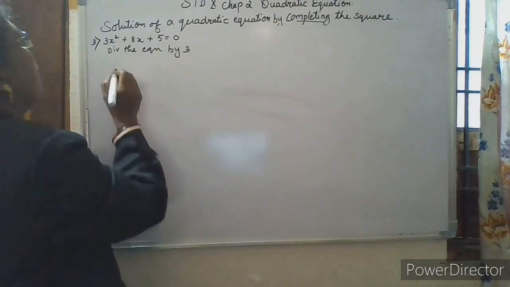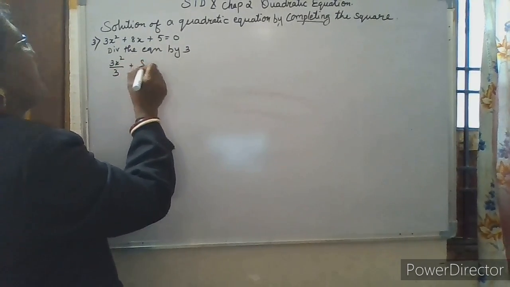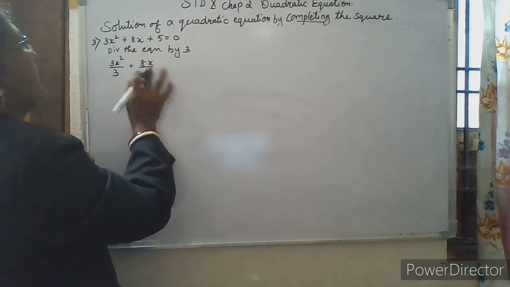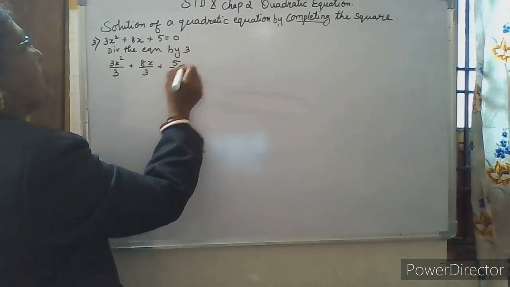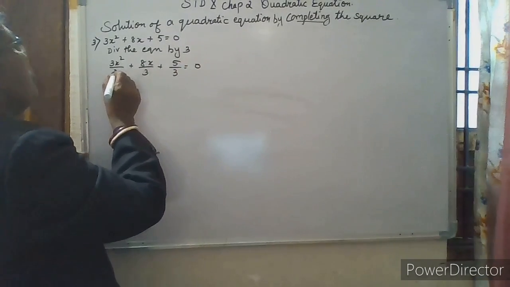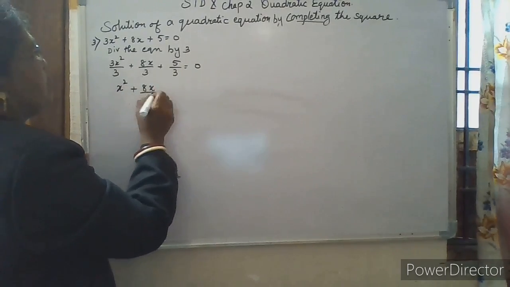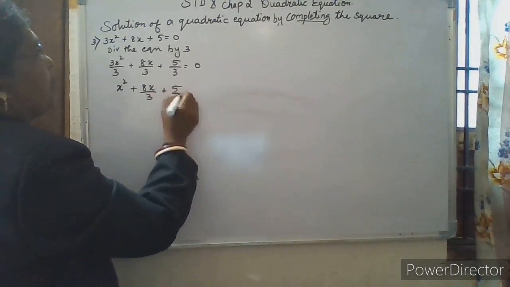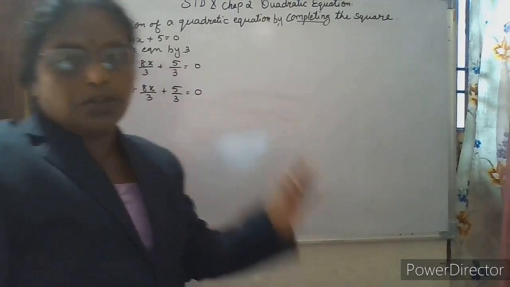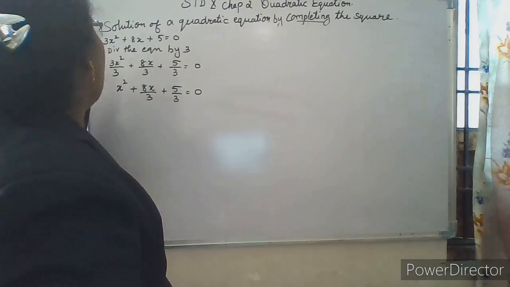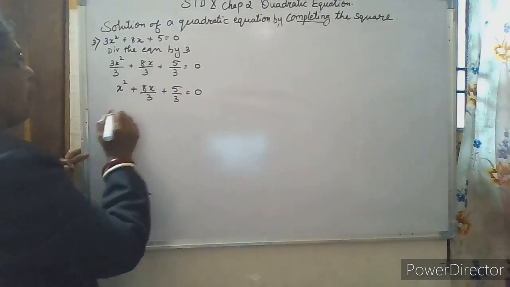by this coefficient 3. Therefore, we get 3x squared by 3 plus 8x by 3 plus 5 by 3 equal to 0. So this 3 cancels, and we are left with x squared plus 8x by 3 plus 5 by 3 equal to 0 in this form. Now we will solve this quadratic equation by the completing the square method. For that we have to add